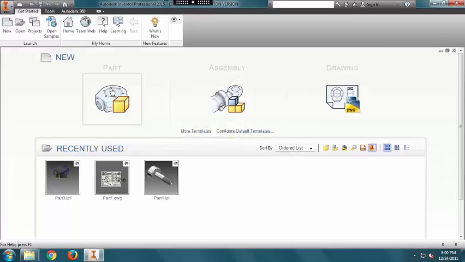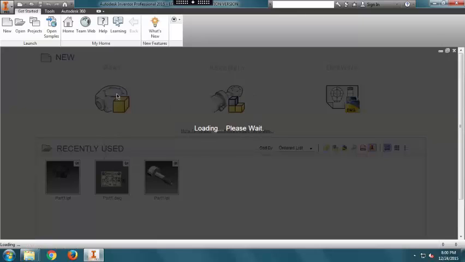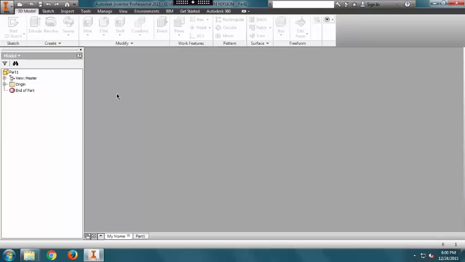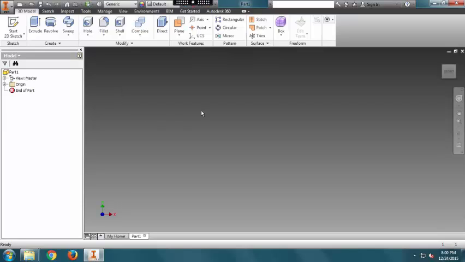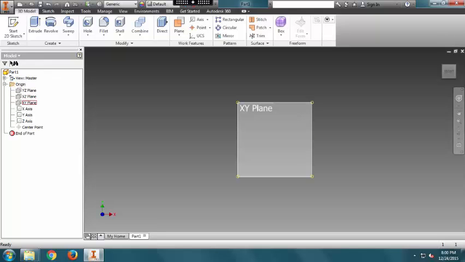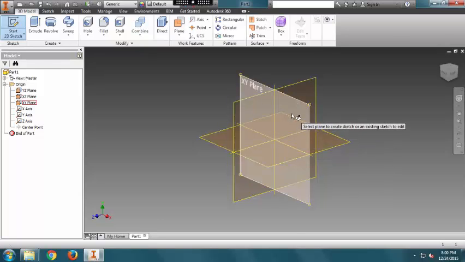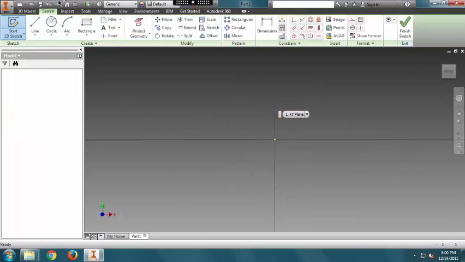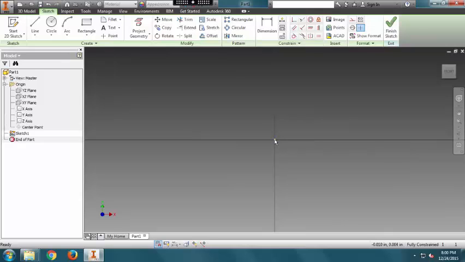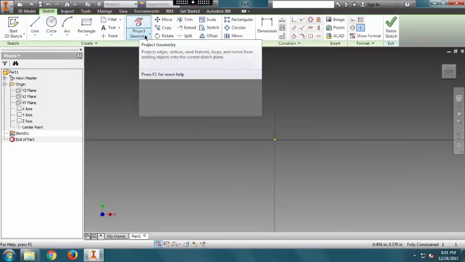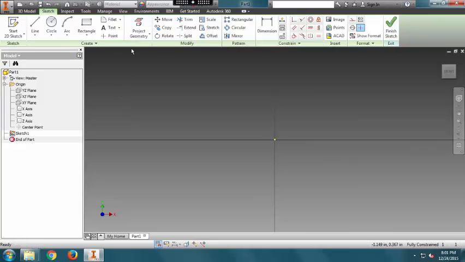Let's select a part. So let's go to Origin and select a plane. So for this video I'll be selecting XY plane. After you select XY plane, this point here is your origin. So let's use the project geometry tool. I'll show you how to use the project geometry tool here. So let's click on project geometry, select the